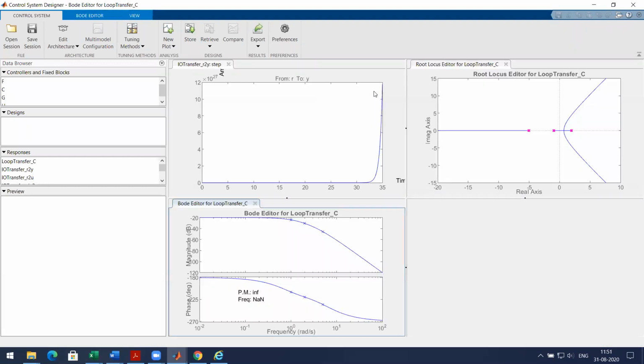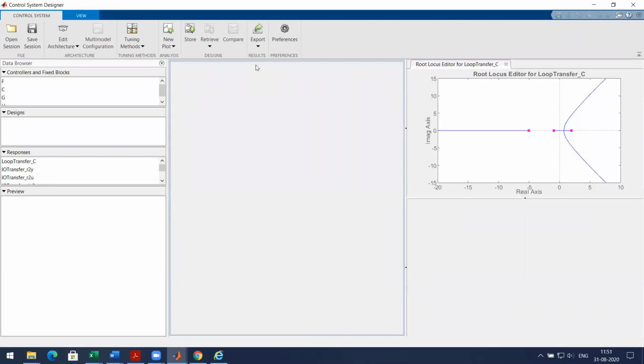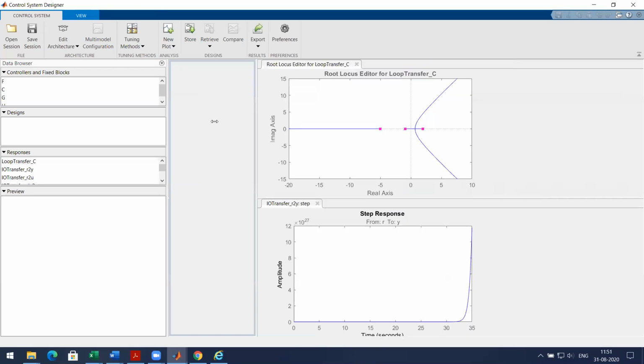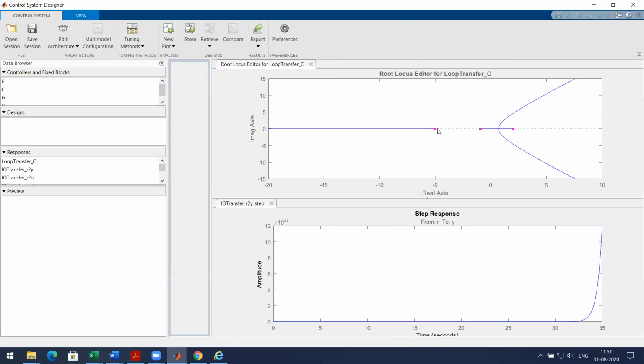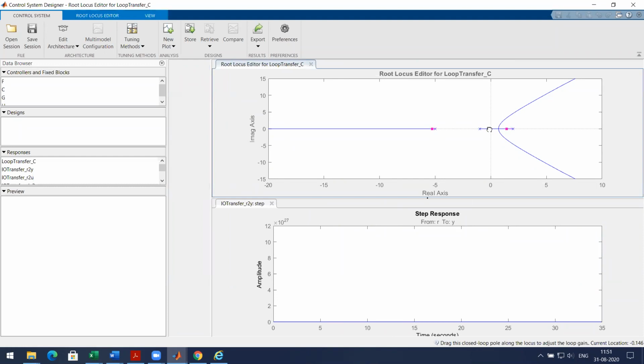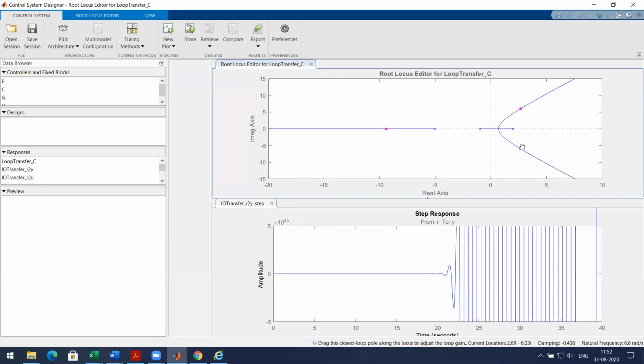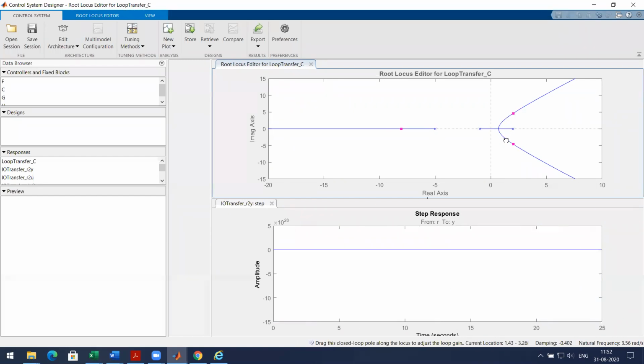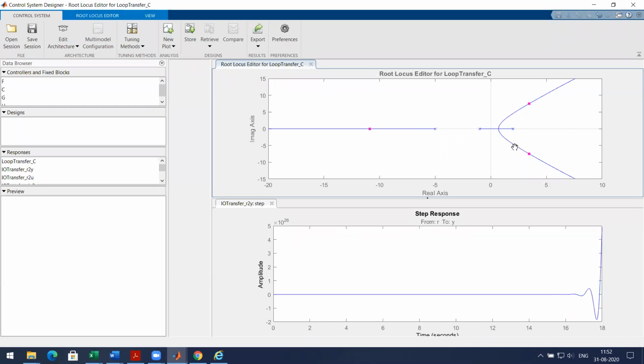So if this is the case, I have not added any 0. I only have a gain. Okay, the P controller. Whatever I do with this, even if I bring this over here, it doesn't become stable. Okay, so I'm using it as a P controller, but it's not becoming stable.